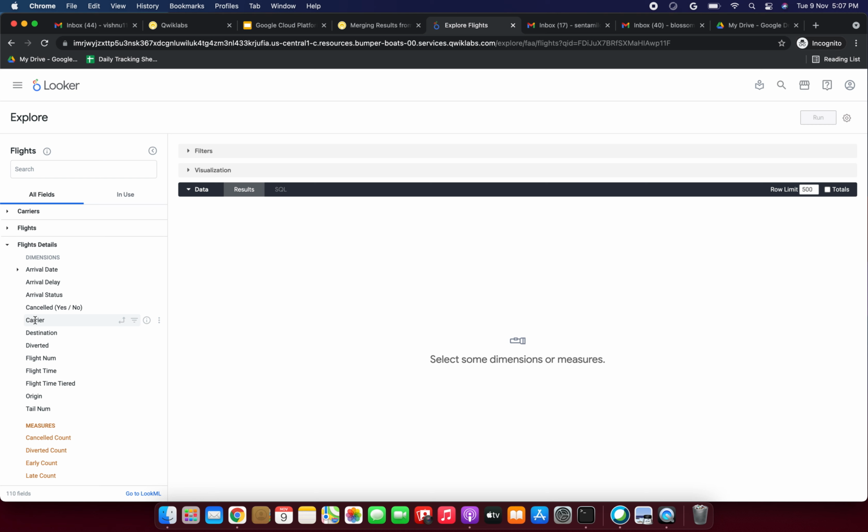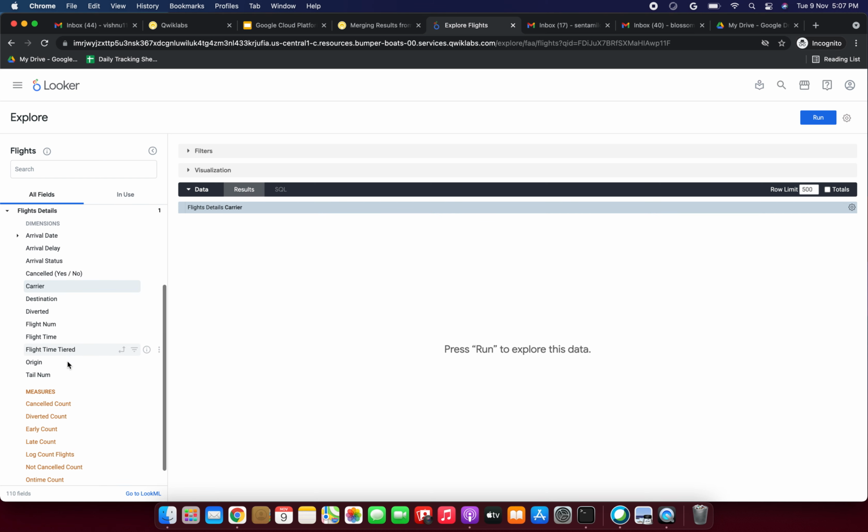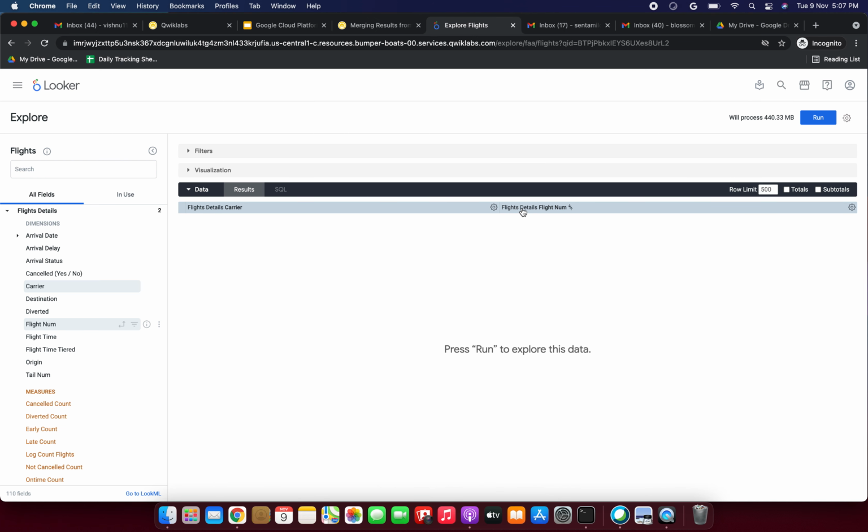So here we need to click Carrier, it came now, and Flight Num, flight number also came now. We can reorder selected fields in the right pane by dragging and dropping the field name. So like this only, friends. You can drag like this and it will come like this.